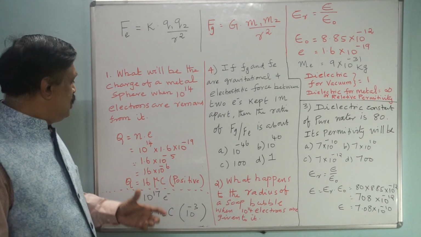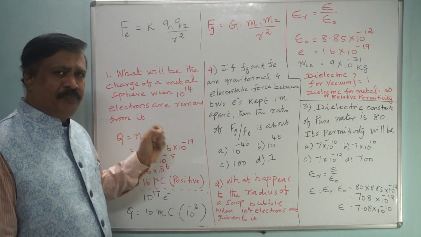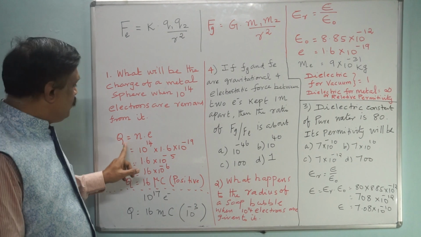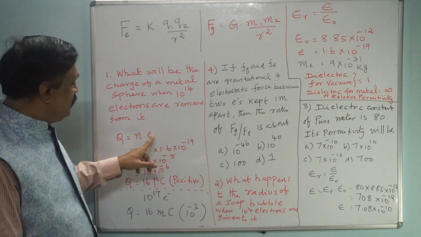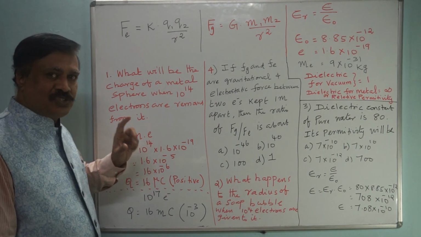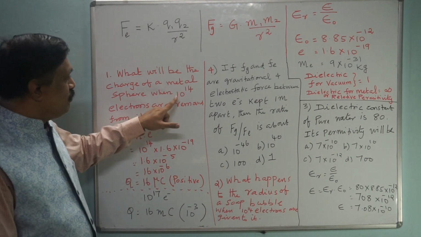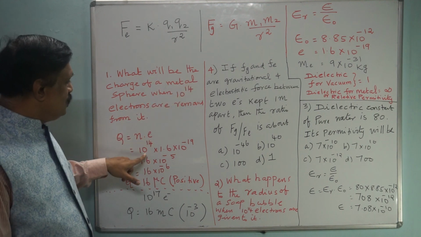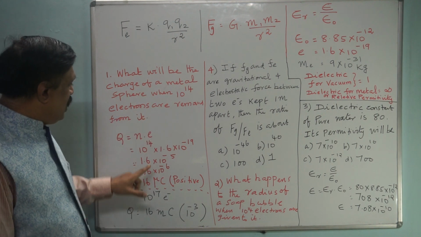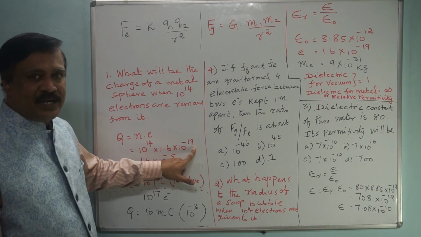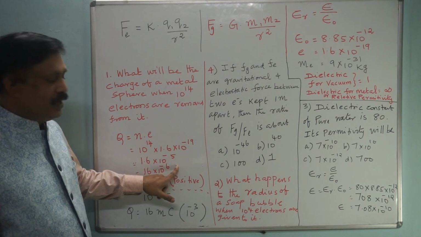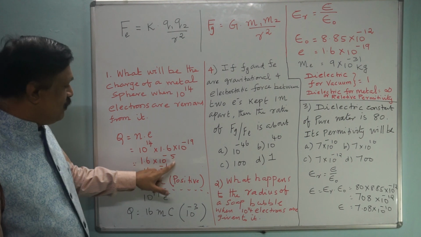Then you have to calculate and you have to take the correct answer. How to calculate? We have seen quantization of the charges. Here Q is the charge and N is the number, an integral number, E is the charge of the electron. Okay. Now you have to take this formula. Already we have seen in the first topic. Now N is 10 power 14. You simply substitute this, and E is the charge of the electron. You substitute this. Okay. And here 14 and here minus 19. Then your answer will be 10 power minus 5, and it is 1.6 into 10 power minus 5.